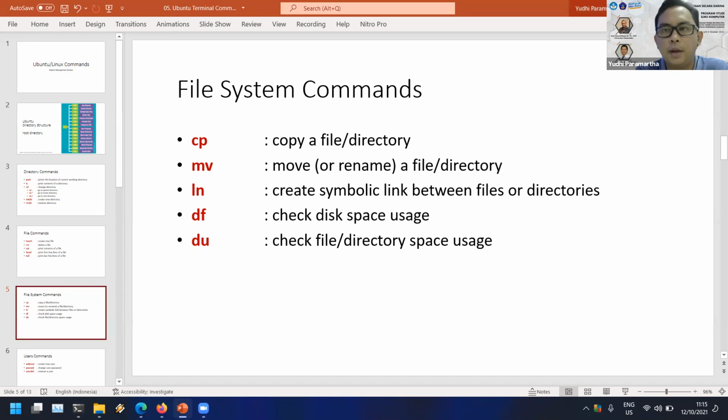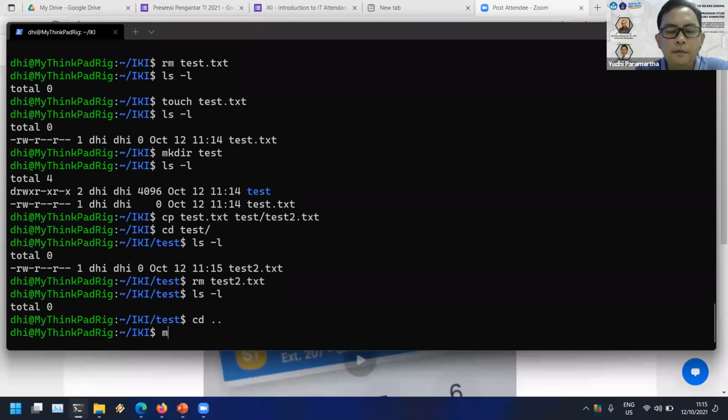mv command. Okay. mv is for moving the file into a different directory. Okay, for example, mv test.txt, I will move the file to the test directory. The name of the file is test.txt.